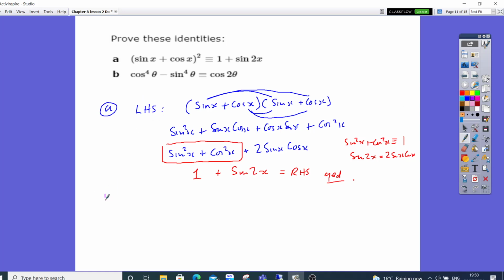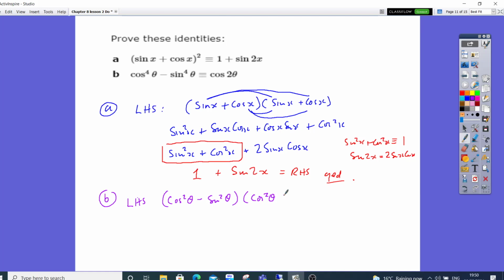Okay, so let's have a look at B. So the first thing I'm going to say is when I see that, I think of difference between two squares. So what I'm going to do straight away, I'm going to factorize. I'm going to start with the left hand side and factorize it. So I'm going to say (cos squared theta minus sine squared theta) times (cos squared theta